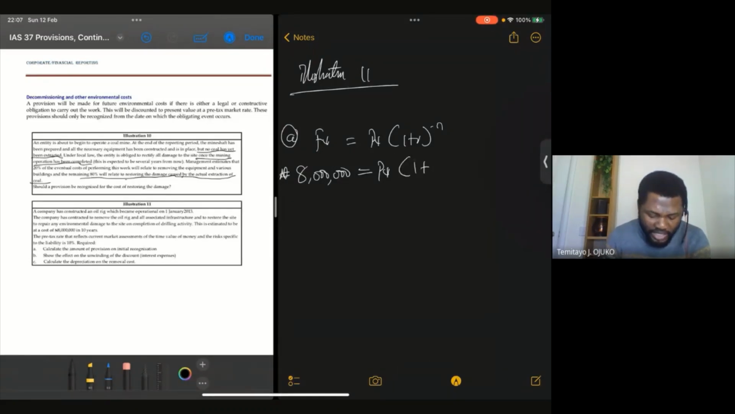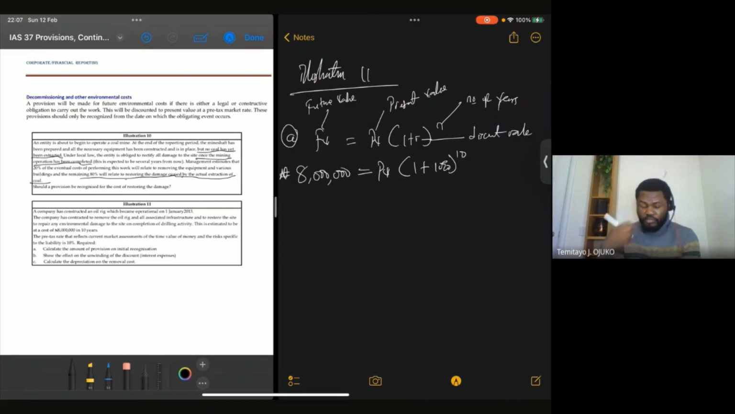One plus what is our discount rate? We're told that our discount rate specific to this is 10%. 1 plus 10% raised to power n. What is n? The number of years, 10. So let me just do this. This is number of years. This is present value. R is discount rate. And this is the future value. Okay, so I have 8 million naira is equal to present value